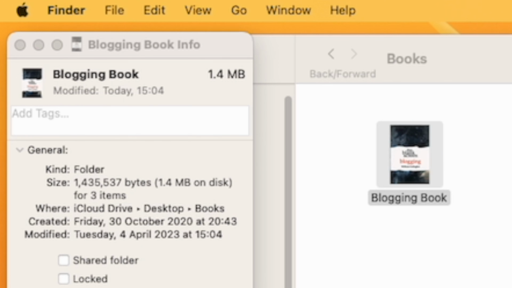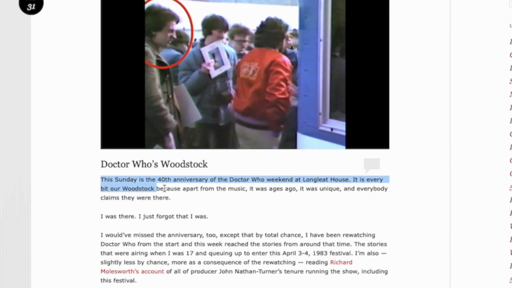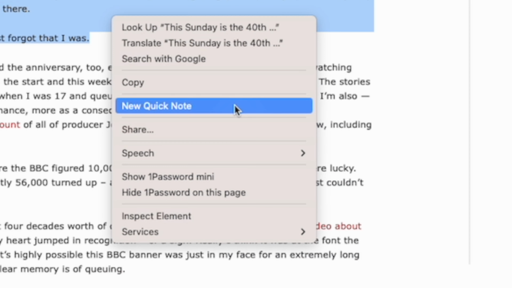It takes a moment, but after a moment, that folder icon changes to whatever you've decided. Yeah, back to websites and browsers for a moment. Okay, you see some text that you want to keep a copy of, so you select it. Now, right-click, choose Add to Quick Note. Done. That text and a link back to that text on this website have just been saved for you in